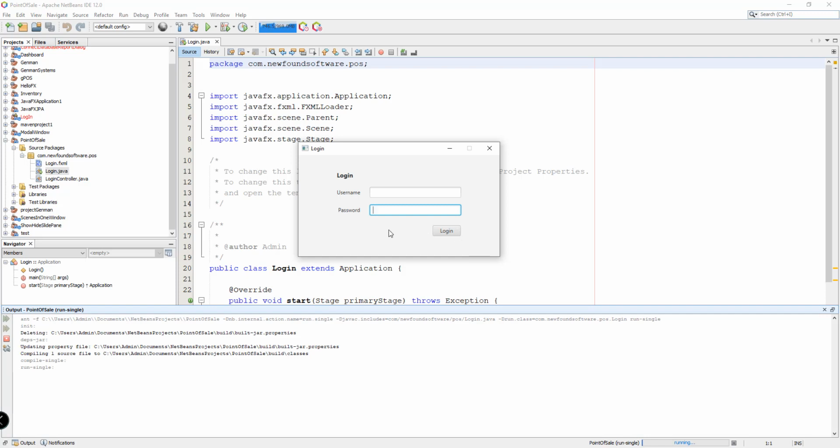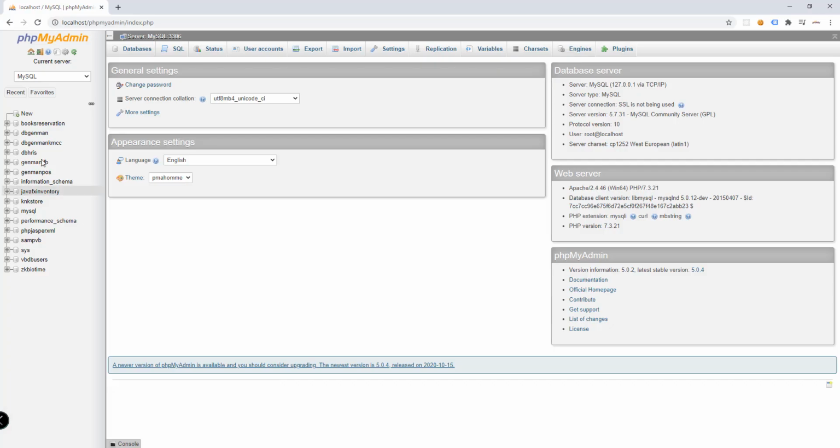Now, in this video, we're going to add the MySQL connection, and of course, we're going to add the MySQL connector to our project, and also try to work with our login form in order for us to log into our point of sale system. And of course, in this video, we're going to create the database for this particular project. So let's start, and the first thing that we're going to do is go to our phpMyAdmin and create a